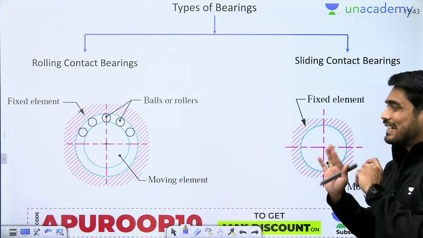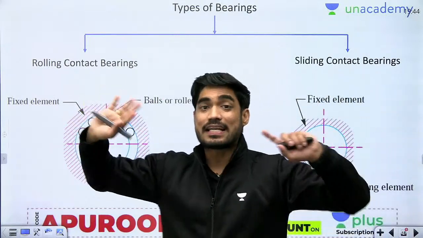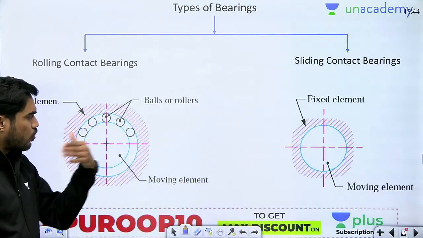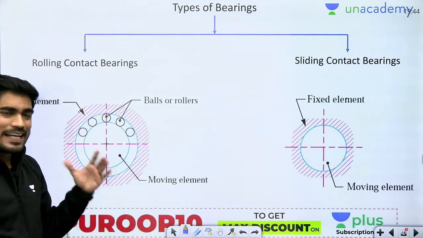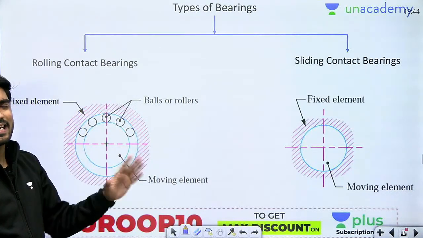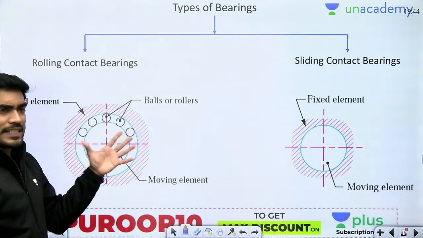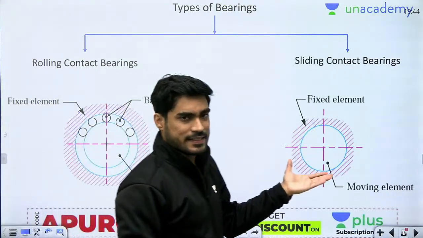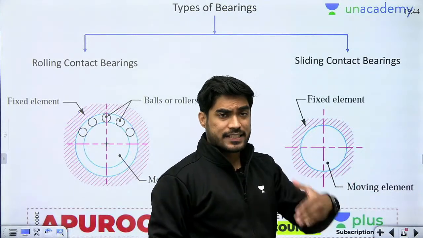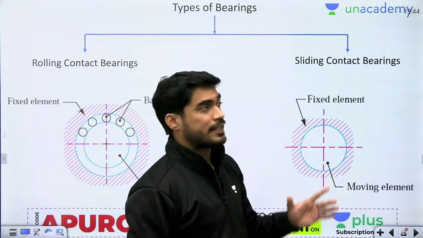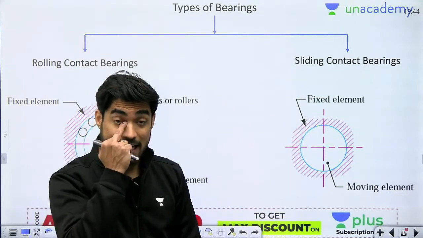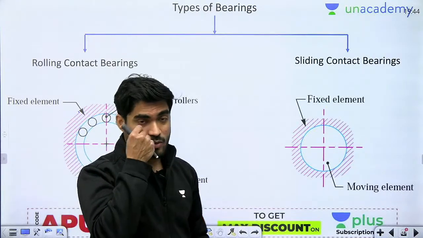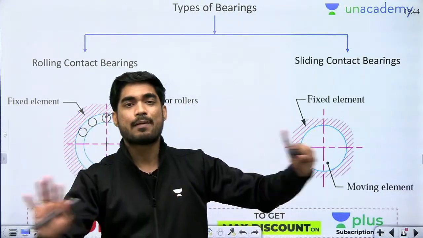Okay, so beta, the design process of both these bearings are completely different. Why? In case of rolling contact bearings, due to this rolling contact, there is very less friction, minimum friction, negligible friction. So that's why friction does not play a major role in the design of these bearings. But in these cases, the friction is very high. So friction and lubrication is very important in the design of these bearings. The entire design process revolves around friction and lubrication. So that's why the design process in both these cases are completely different.